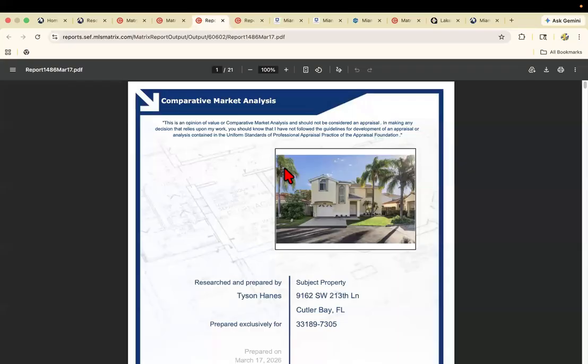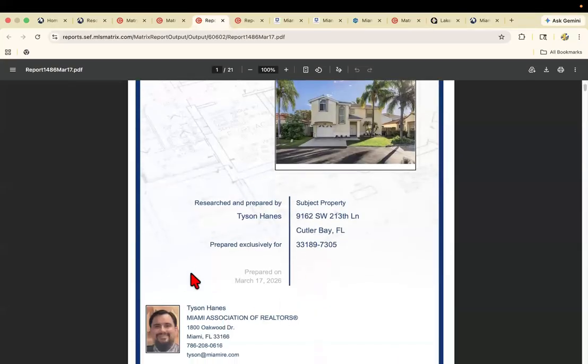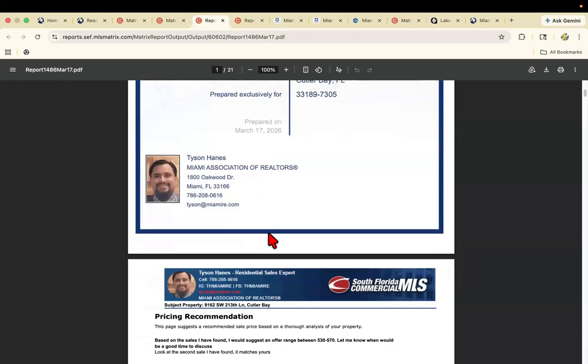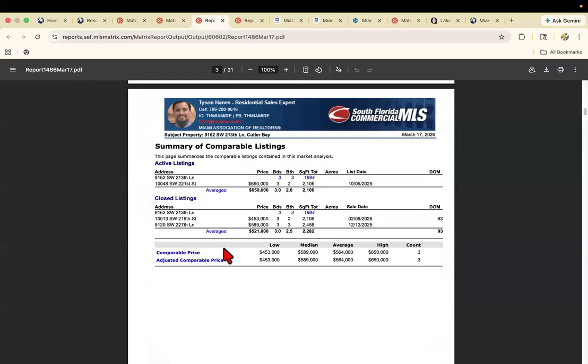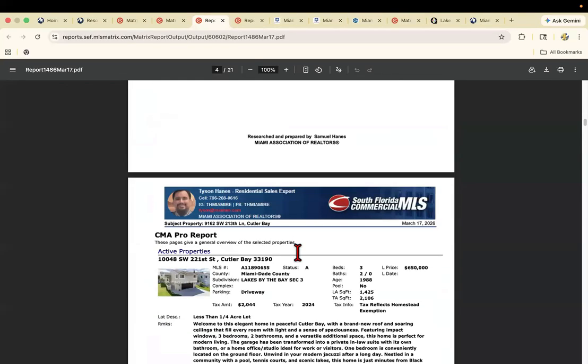This is going to be that full version of the CMA where we can add additional flyers or take advantage of some of the flyers available from Cotality, which is Matrix. It just takes a couple of minutes to generate that CMA. And the very first page that we come back will include our subject property, our cover sheet with our information, an overall price recommendation, and not to mention an overall average based on the sales that we came back with,